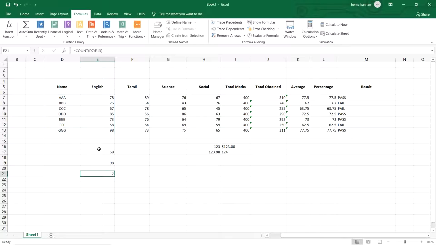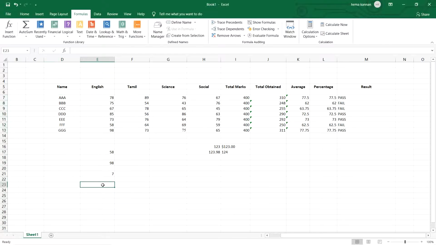Now you got the value as 7. So here, even though we have selected 14 cells, in those 14 cells I need to check how many numerical entries are there. So in that case we can go for count condition, and then I can apply it. Then I will be knowing how many numerical entries the cells are having. This is it. Then countif.